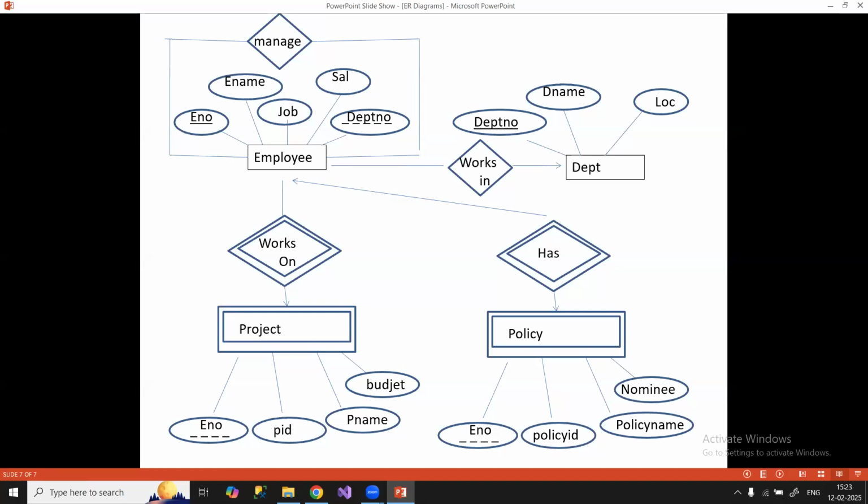See, what you said now, many to one, many employees cannot have the policy name the same. The policy name is the same, but the IDs are different. This policy ID means it is the name instead of